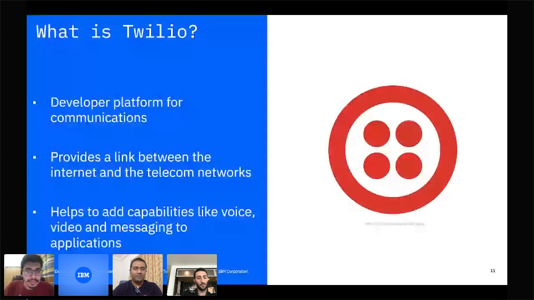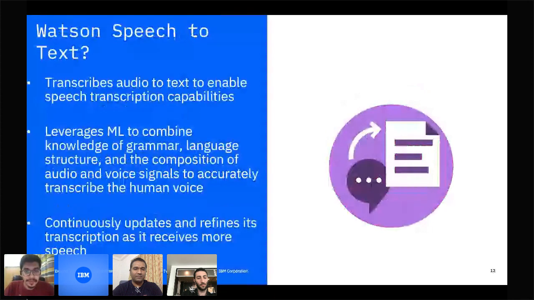So moving on. We mentioned voice bots, and we mentioned text to speech and speech to text. IBM has its own offering, IBM Watson speech to text. And what is Watson speech to text? IBM Watson speech to text gives you a brand, a voice, and it enables you to improve your